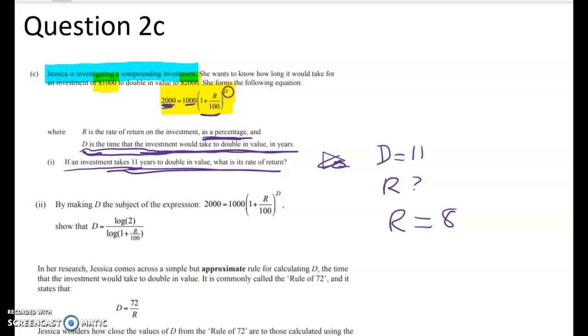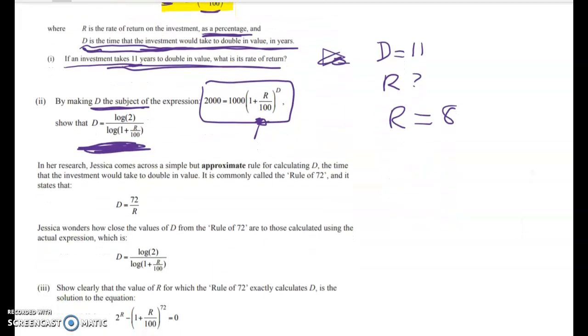Okay, the second part of the question asks us to rearrange this to make d the subject. So the question could have just said, make d the subject, but instead they've told us to show that it's this. So this actually tells us where we want to get to. And then the last part of the question